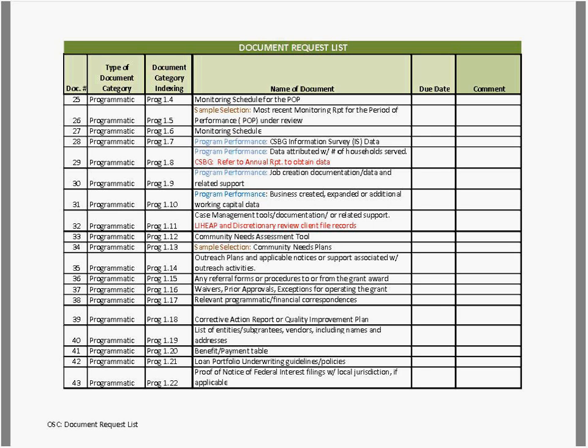Hopefully you had a chance to look at this. Any questions? This particular request list has not yet begun being used. It's starting to be used sometime this year. The goal was to have something that grantees can see from the get-go as what could be asked for. It's also helpful because the OCS staff don't have to create a document list every time they do this, which is a huge waste of time for everybody. They can just take this and check off what's needed, and it's done. So that's why this was developed. Questions?